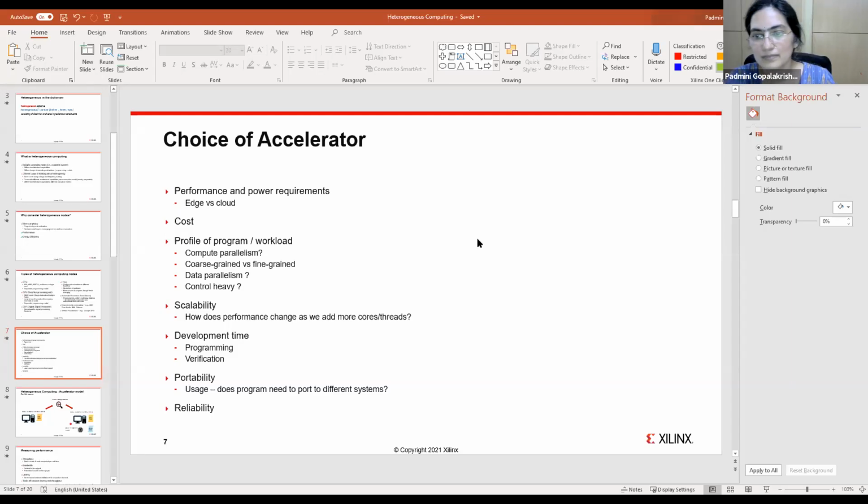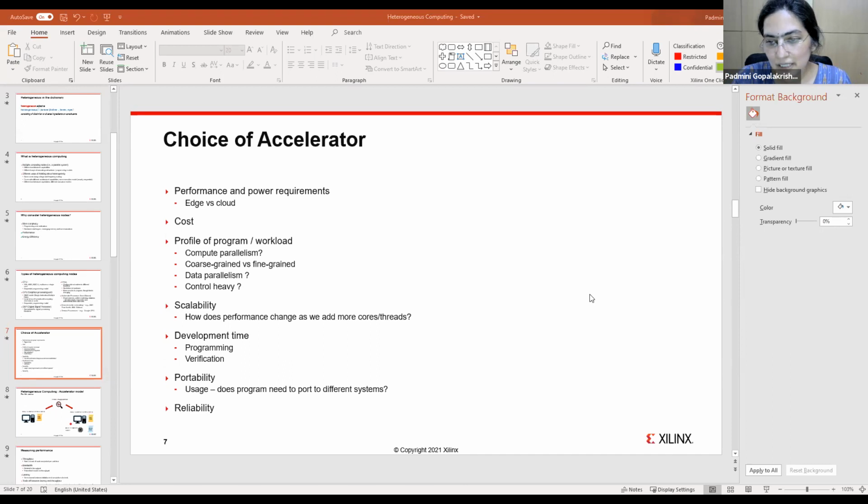So now a question for you all. How do performance and power requirements vary on the edge versus the cloud? Anyone wants to answer? So let's start with performance. How is performance different on the edge versus the cloud? How is the requirement for an application which has to run on the edge versus the cloud? What would the difference be? Okay, so